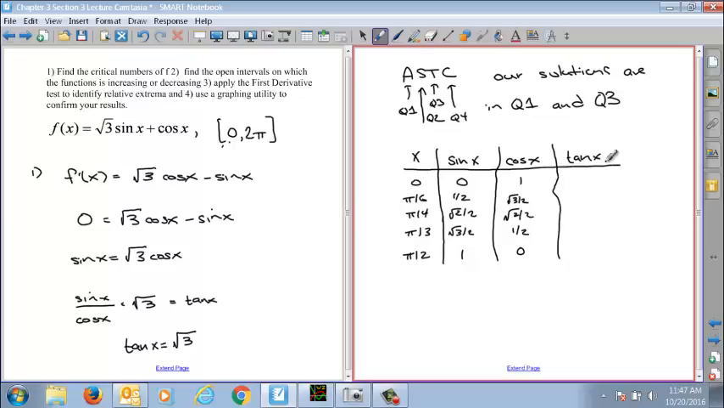Now the tangent is sine divided by cosine. So let's do the easy ones. Sine divided by cosine, you get 0 divided by 1, which is 0. Here we get 1 divided by 0, which is undefined. Pi over 4, it's 1 because they're the same. If you divide 1/2 by the square root of 3 over 2 and you simplify, you get the square root of 3 over 3 because the 2's cancel out. What you actually get is 1 over the square root of 3,